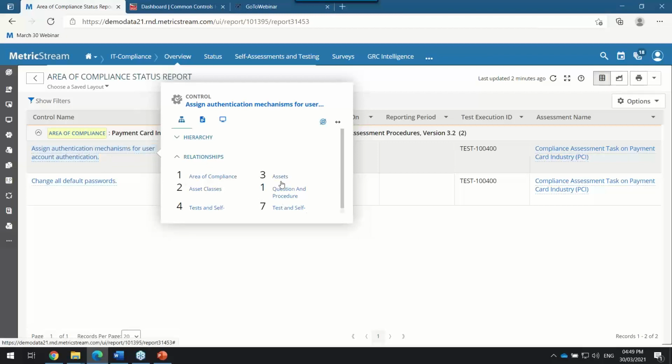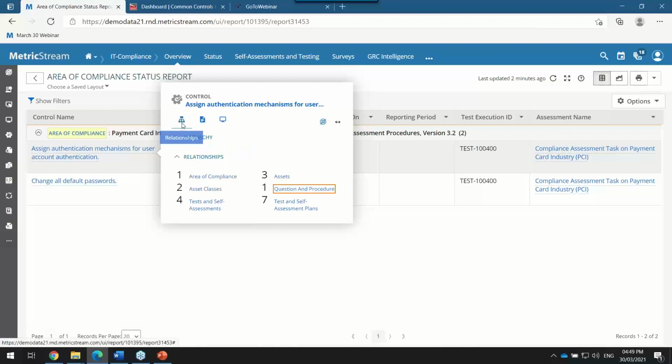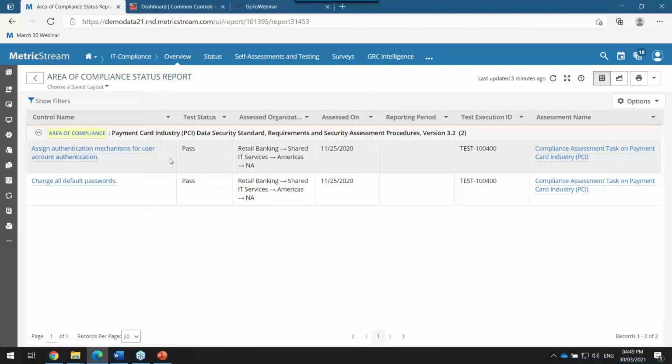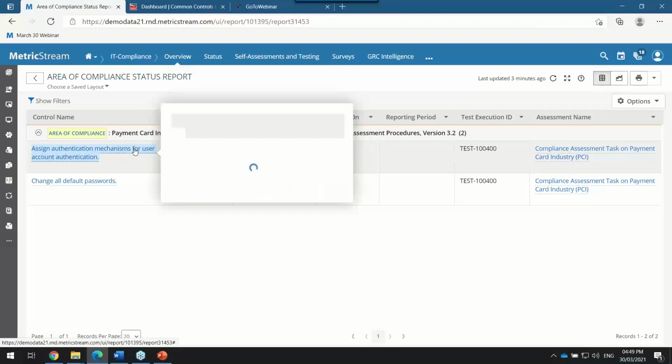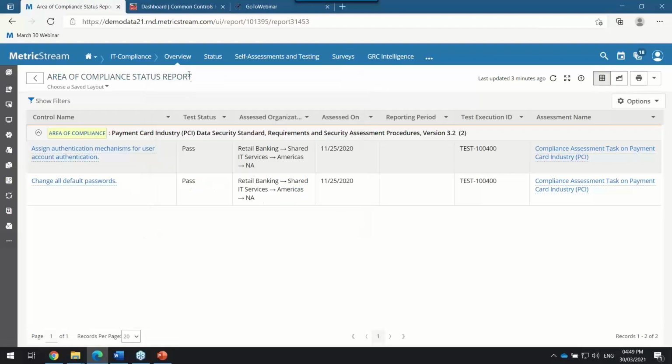Again, how do we bring in these relationships? One of the input elements is again from UCF, where it says PCI, and this control is again linked to 4 asset classes within my enterprise. It is also linked to 3 assets, and it has 1 question procedure, and this is the question that has been pulled in, right? So this is how hover cards can really help you to view precisely the information that you're looking at.